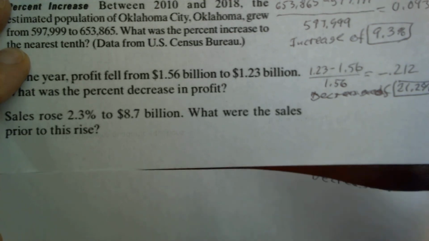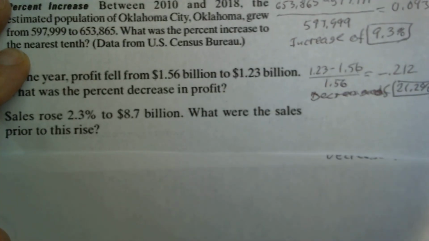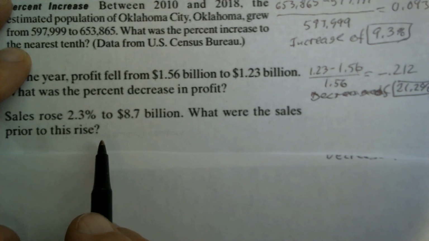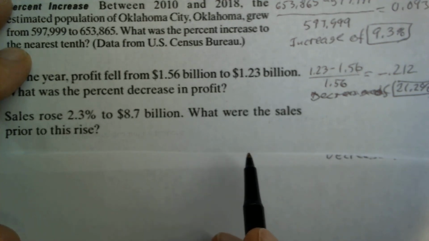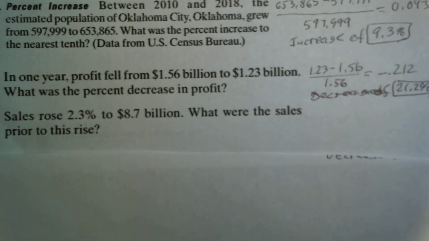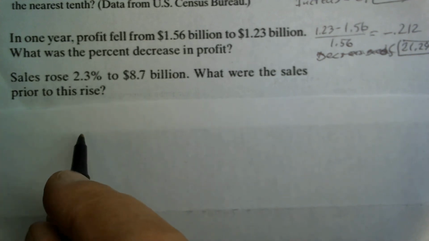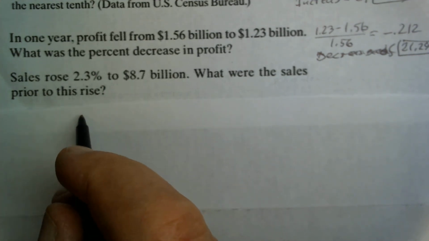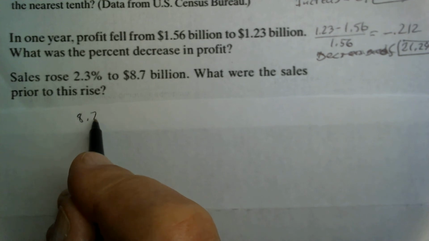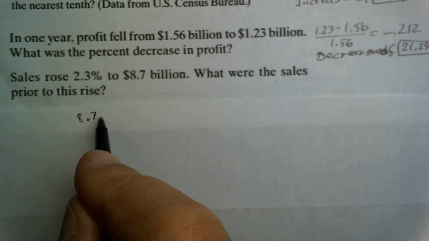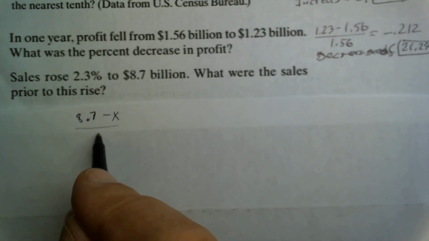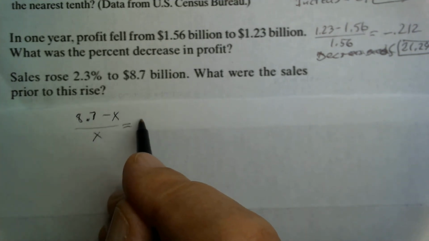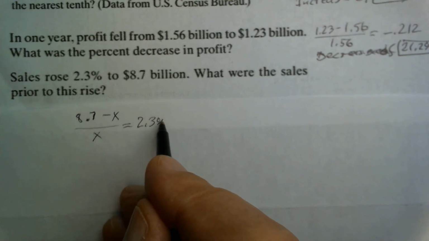Or in this example, we have an increase. Sales rose 2.3% to 8.7 billion. What were the sales prior to this rise? In this example, we have the new value as 8.7 billion, but we don't know what the previous value was. That's what we're supposed to compute. So let's call that x, divided by x. But we know that that's equal to 2.3%, or